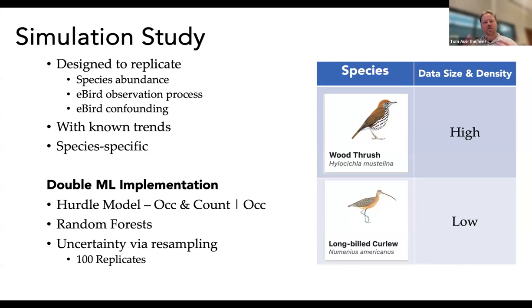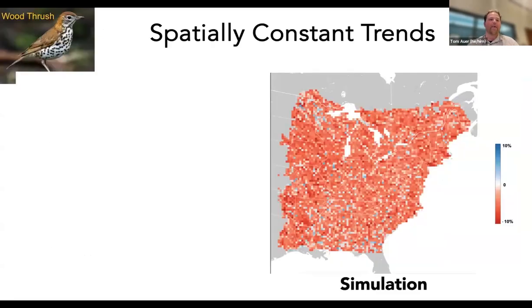So let's look at these constructed known trends to get a sense of what the simulation is doing. So we're going to start with spatially constant trends. On the right here is that simulated data I was talking about that is trying to capture what's going on with the bird, what's going on with the eBird observation process and confounding. And in this constructed known trend in birds over time, we have a spatially constant, consistently declining trend baked into that simulated data. And so we've simulated that data process, and now we're going to take that simulated data and run it through that trends model that I described with all those parts and see how well it captures